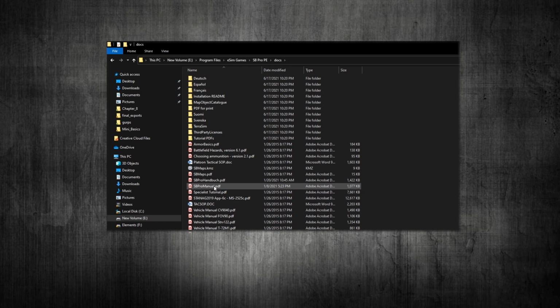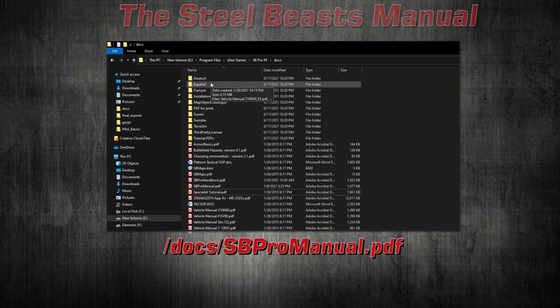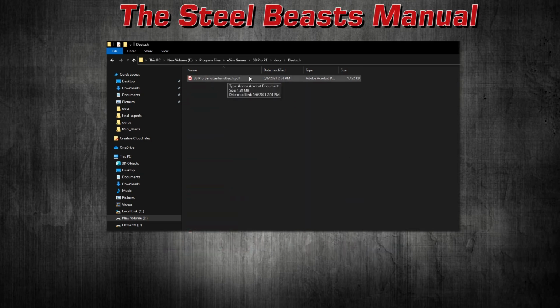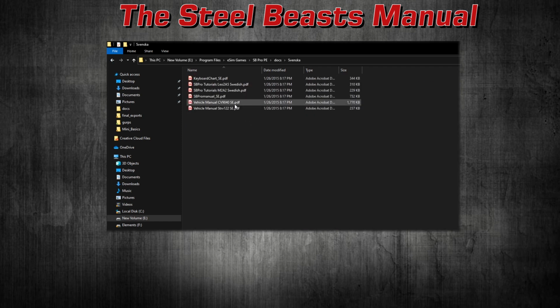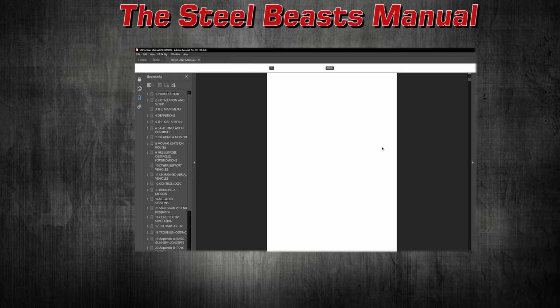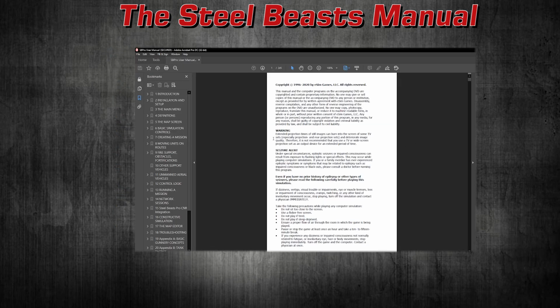From this perspective, the best first stop for any new user to SteelBeast is the official SteelBeast Pro manual found here. Note that this document is in English, but translated versions in other languages can be found in their respective folders per language. The SteelBeast Pro manual contains a wealth of information about how SteelBeast works, with chapters organized around